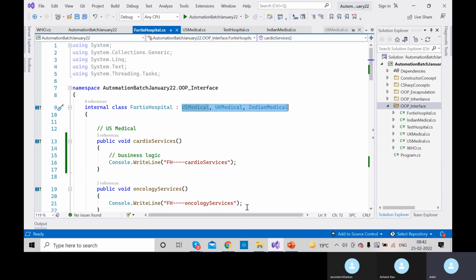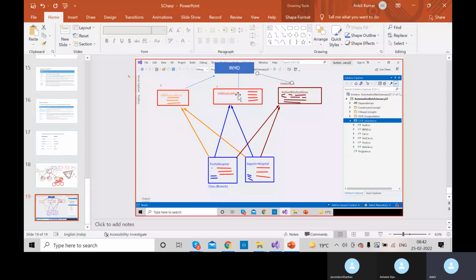So can the Fortis hospital have one parent class as well, just like it has multiple parent interfaces? One parent interface is the UK Medical Association, one is the US Medical Association, and one is the Indian Medical Association. These are all parent interfaces of the Fortis class. So my question is,